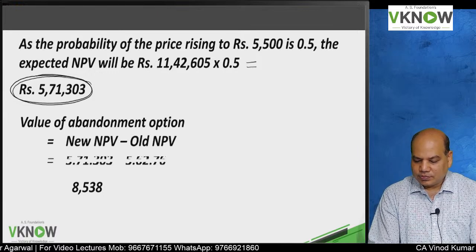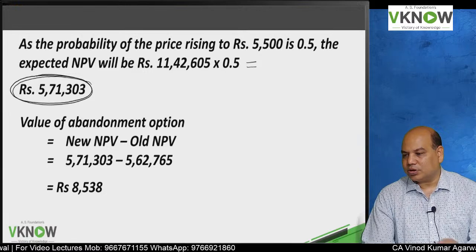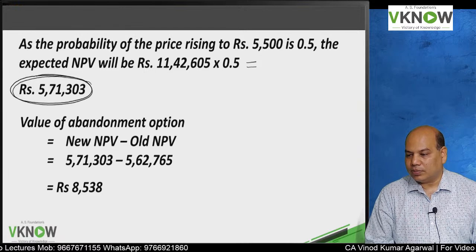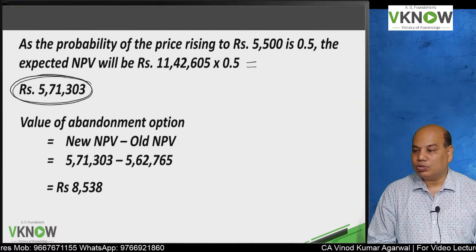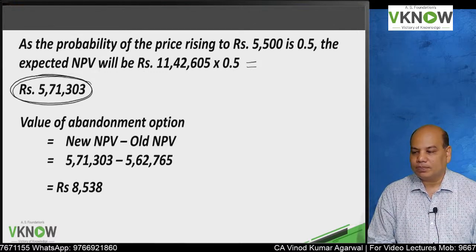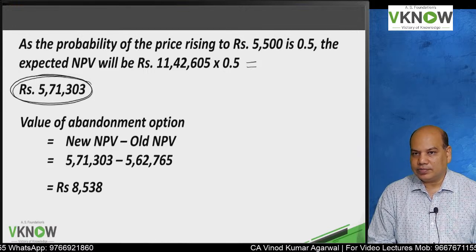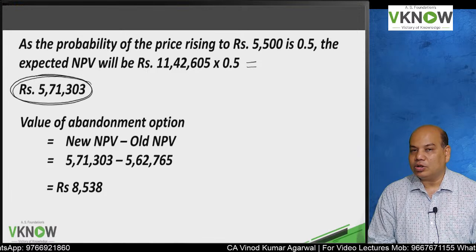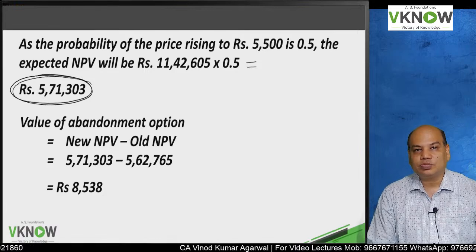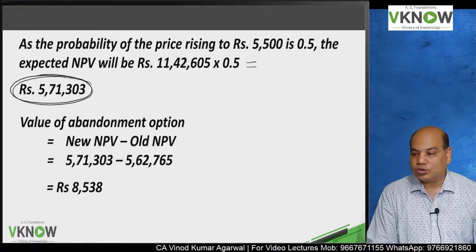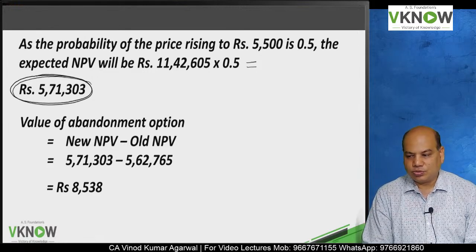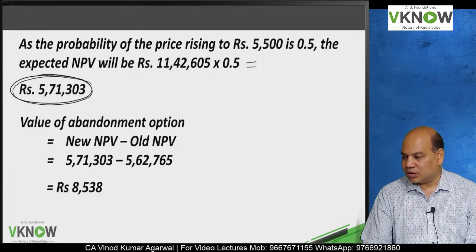And then the question is, what is the value of abandonment option? Write down below that value of abandonment option will be new NPV minus old NPV. New NPV with abandonment option 571,303 on the screen in front of you. Old NPV, go to situation 2 answer, 562,765. Therefore, the answer is, please confirm,